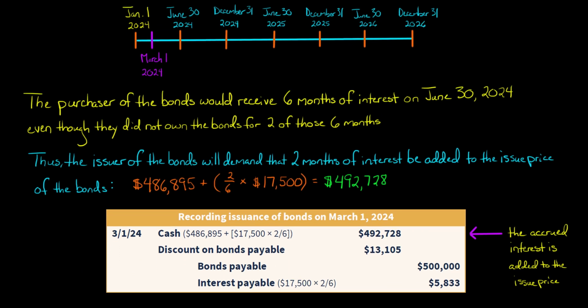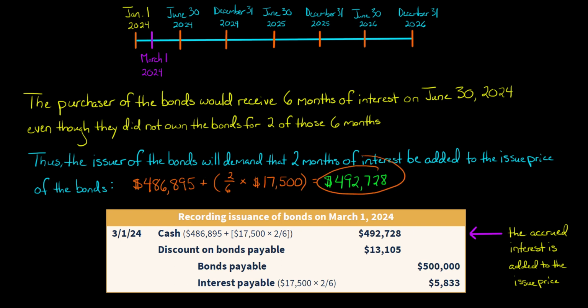Now let's say the investor didn't buy the bond until 5 months had elapsed. Then in that situation, the investor did not own it for 5/6 of the time. So instead of 2/6 being added to the issue price, it would be 5/6. This fraction is whatever fraction of the time that the investor buying the bonds did not own the bonds during that first 6 month period. So we've got the issue price plus 2/6 of 17,500 is equal to